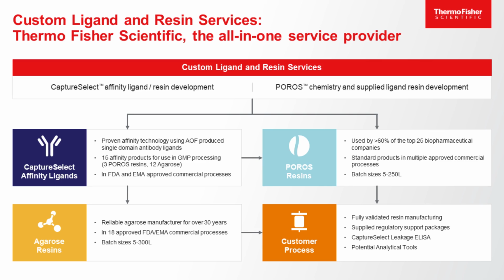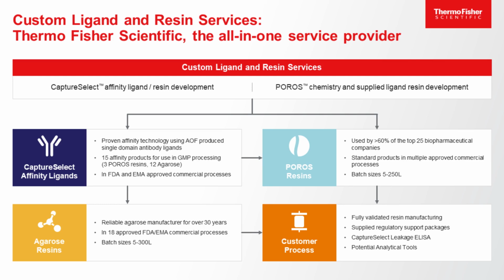So just a short summary on the different services we offer for custom resin design. As I've explained, in our toolbox, we have our Capture Select Affinity Ligand and Resin Development Program. In this case, we'll start from scratch by identifying the best suitable affinity ligand, which will be tailored to your specific product. We can immobilize those affinity ligands on 2 different backbones, which are in our standard platform, which is either agarose-based or porous-based. So we have those 2 options, which are built-in choices within our custom development program, within our Capture Select technology,